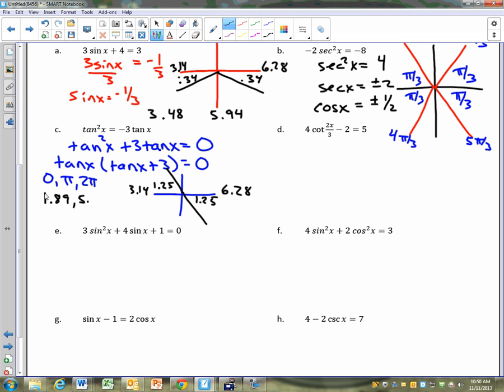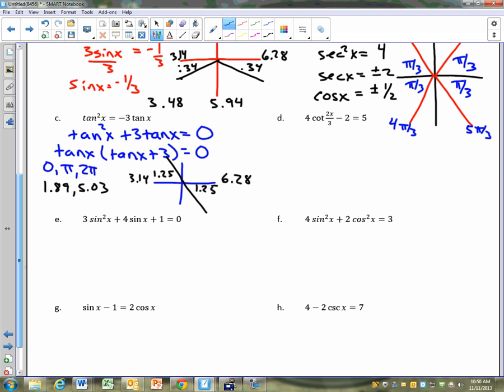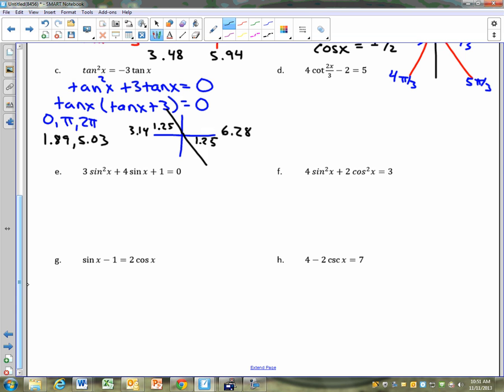I would like it if you could try to work through the rest of these or a couple on your own. That'd be great. They're challenging. Well, H isn't, but the others are actually pretty challenging. If you want to try, give it a shot. But make sure you're caught up with your notes from 3-4, because tomorrow we move straight into 3-5, which is derivatives of trig